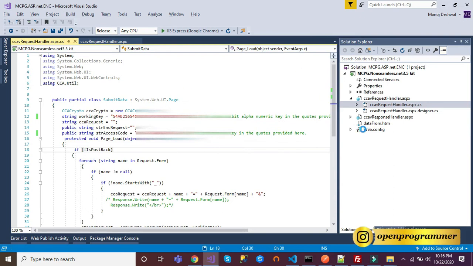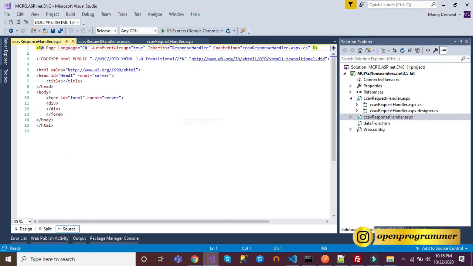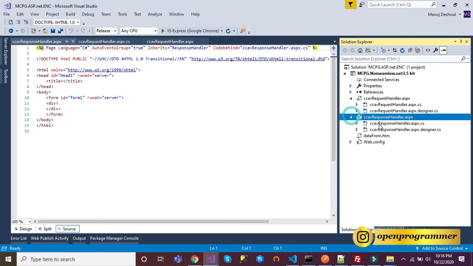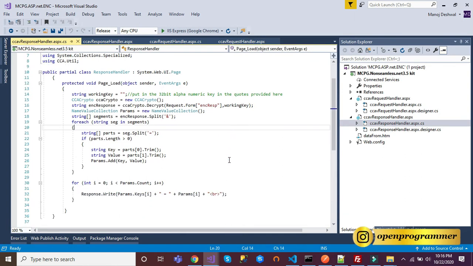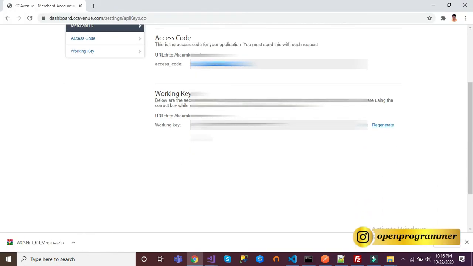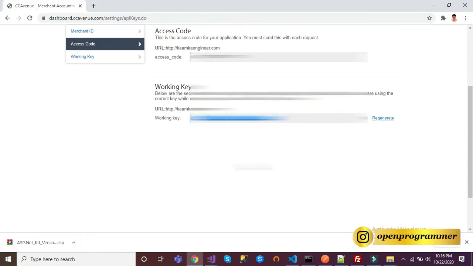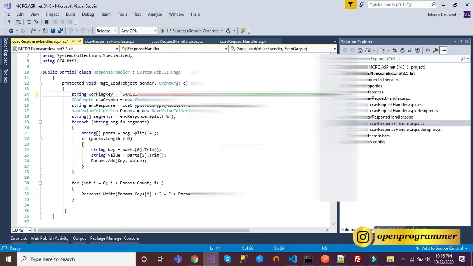Save it. Now we need to go to that response handler page, double click on it. Now we need to go to the CS file, the code behind file. Now we need to pass the working key also here. Let me go to that portal again, copy working key and paste it here.